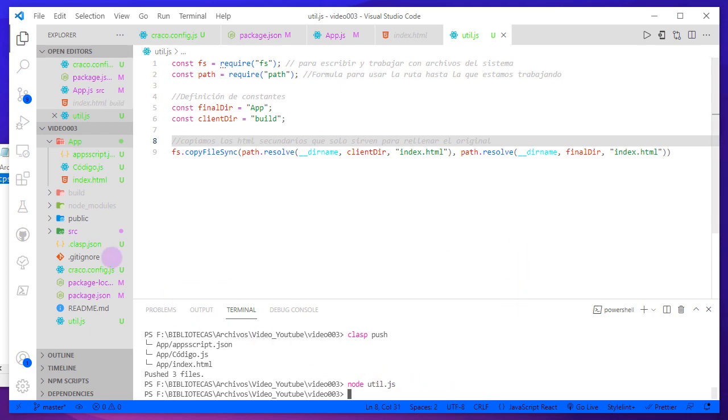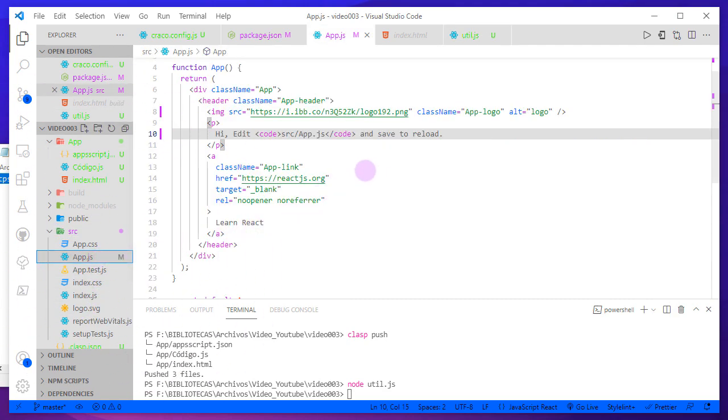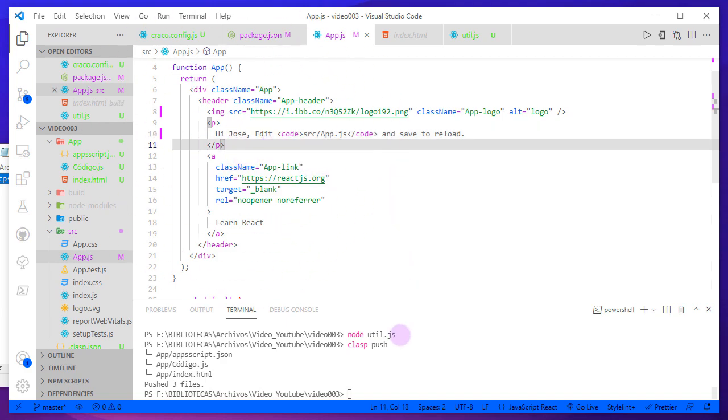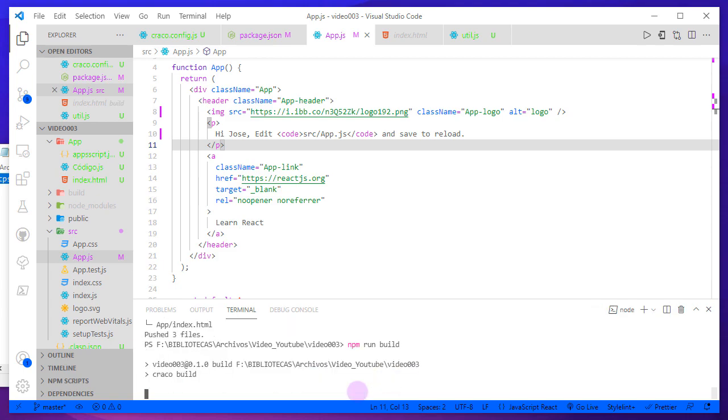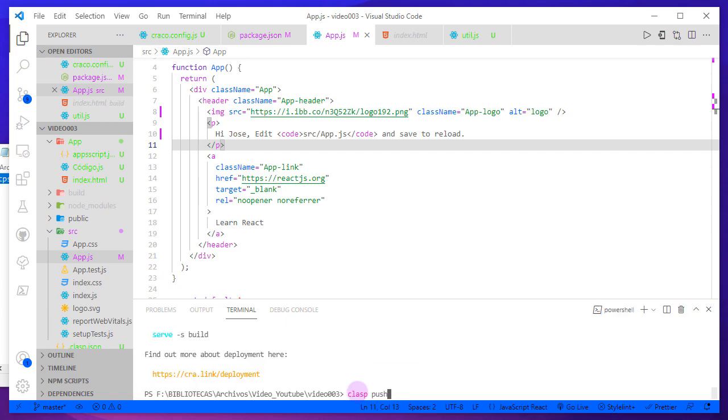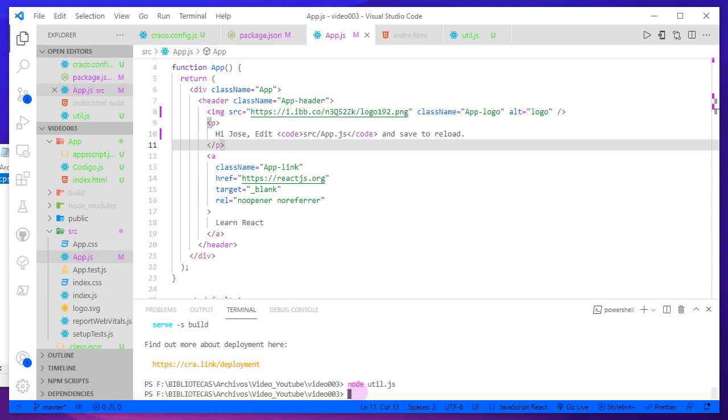And if you see the path, the work that we will need to do to see a change is this. For example, make a change of text like that, like my name. First thing we need to run is npm run build. Second thing we need to run is node util.js, and the third thing we need to run is